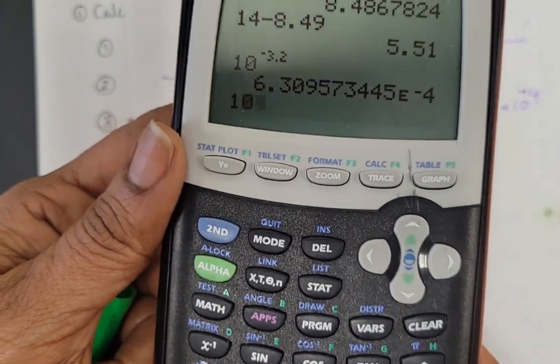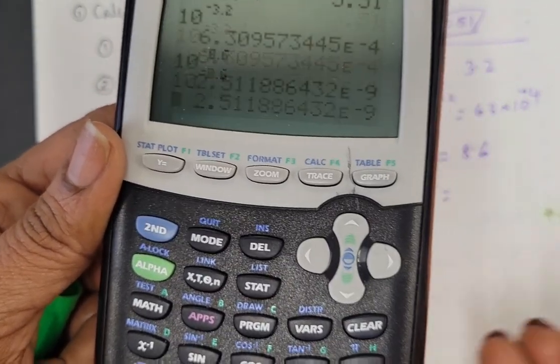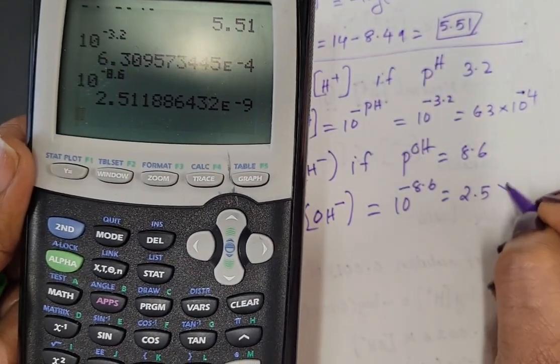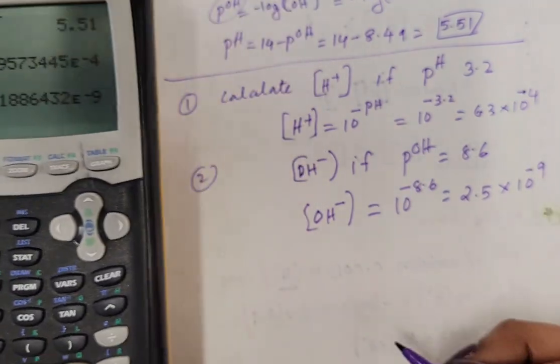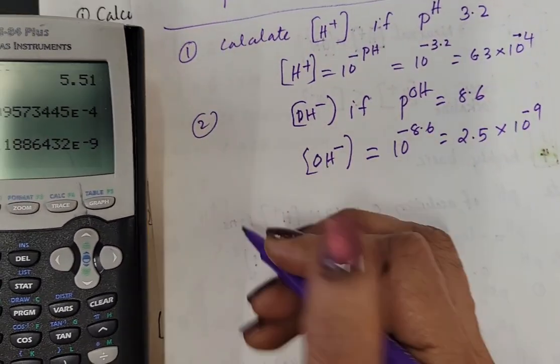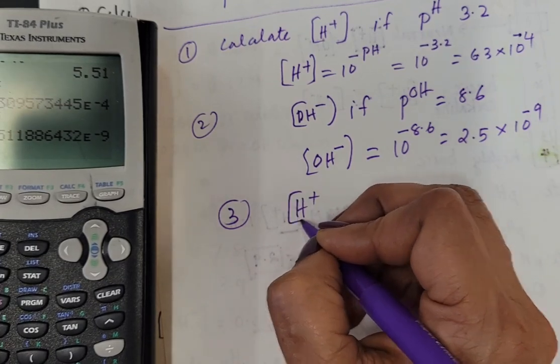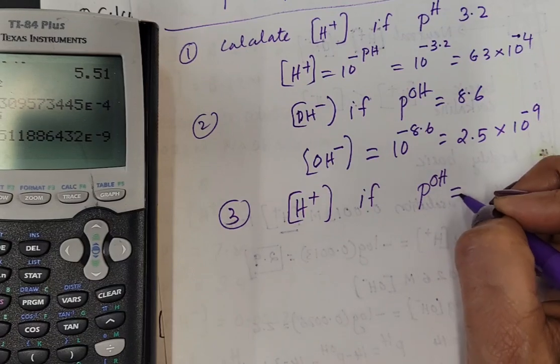That is 2.5 times 10 raised to minus 9. Okay, now calculate H plus if pOH is